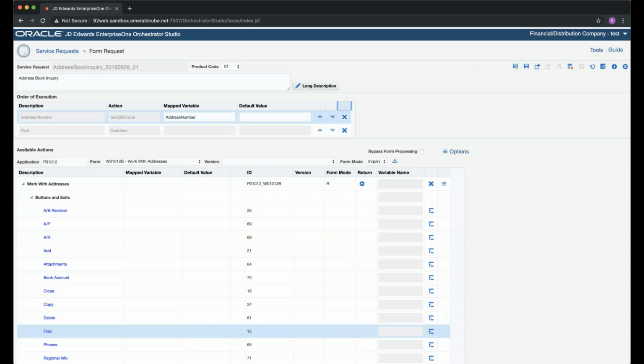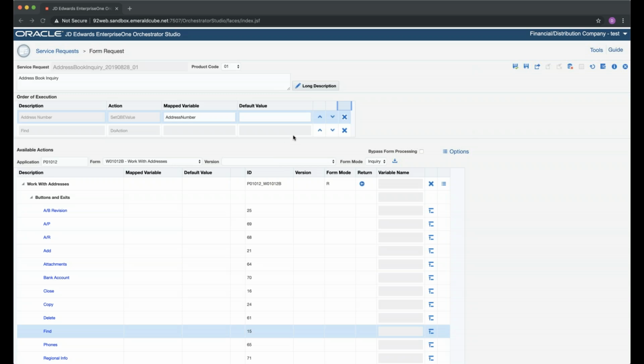In this case, of course, it's a very simple order of execution. We're only going to do a couple steps. But if you're doing something a little bit more complex, you do need to be careful because you could potentially have a step before you wanted it to be, and the find button wouldn't be at the end. And then in that case, of course, the screen isn't going to act exactly the way you wanted it to.